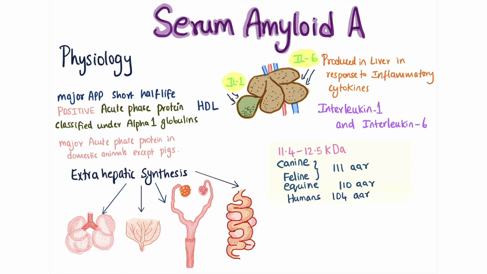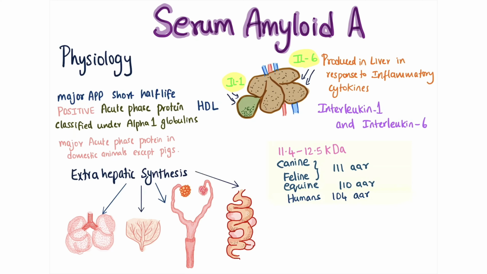Coming to the structure, serum amyloid A is between 11.4 to 12.5 kilodaltons. And there have been several isoforms of serum amyloid A reported in each species, but they differ in several amino acid residues. For example, canine and feline consist of 111 amino acid residues, while equine species consist of 110 amino acid residues. Serum amyloid A is produced majorly in the liver in response to inflammatory cytokines such as